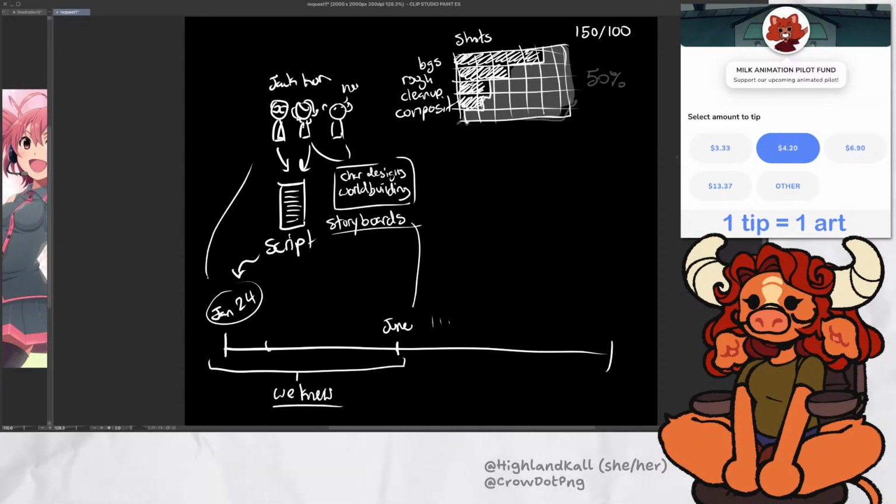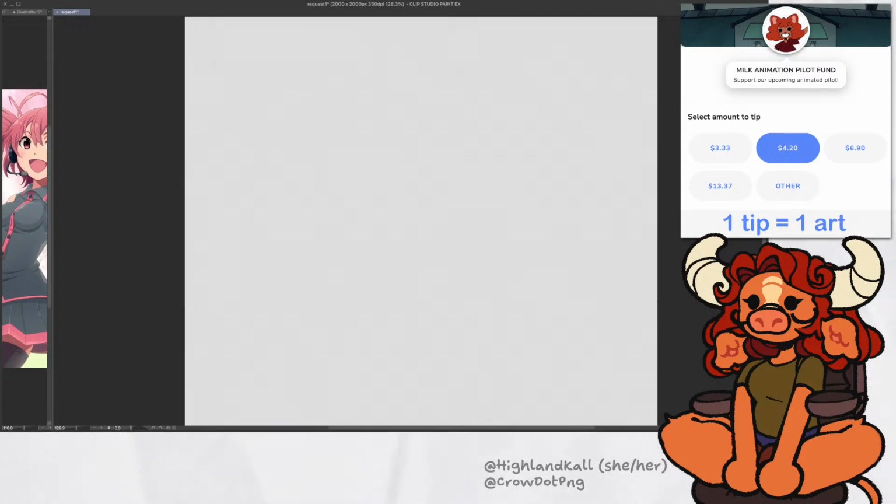The process of filling in these gaps is going to go way faster, especially because a lot of these areas are dependent on me getting this area done, because if we don't have the background at least blocked out, then we can't get the roughs in, and then we can't get the final art in. It's all dependent on everything that came before. So yeah, that is my progress report ramble. I hope that was comprehensible. That was a whole time. Also a great reminder to go drink some water.